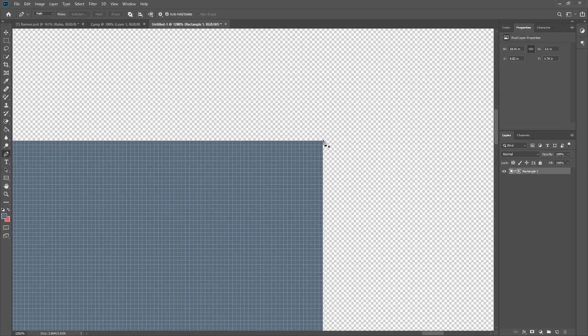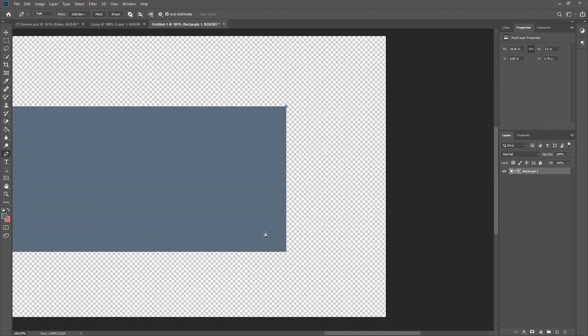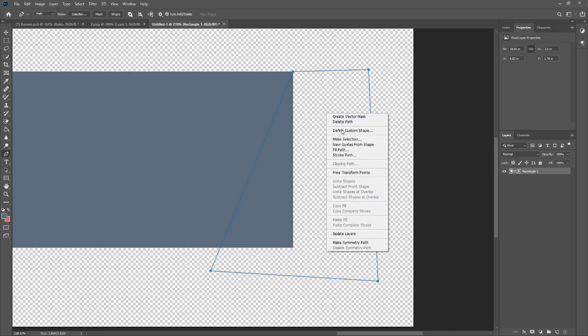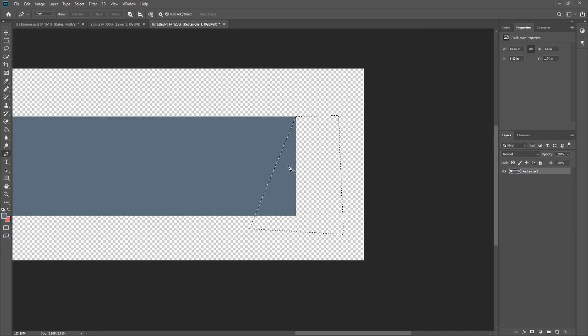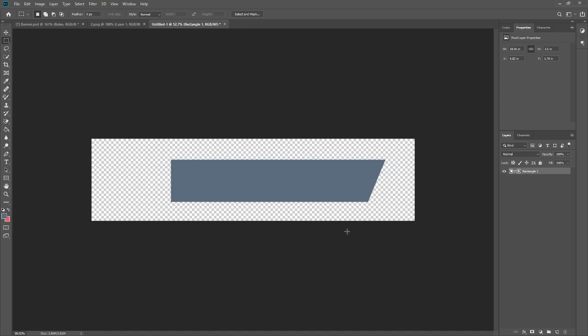So take that corner and come down here and try to get a nice diagonal shape. Let's see how that looks. May take a couple attempts, but we'll figure this out. And nope.